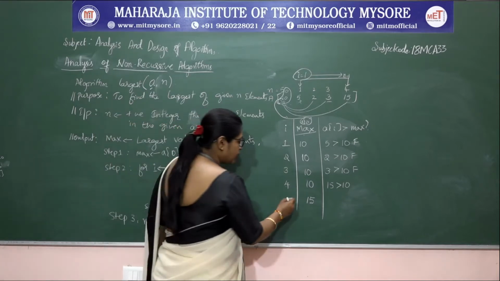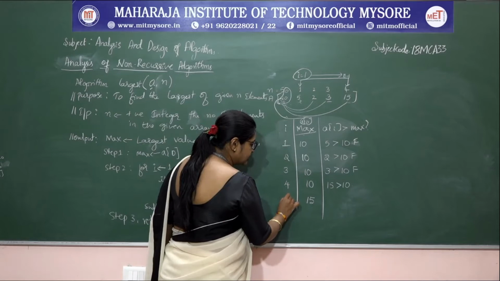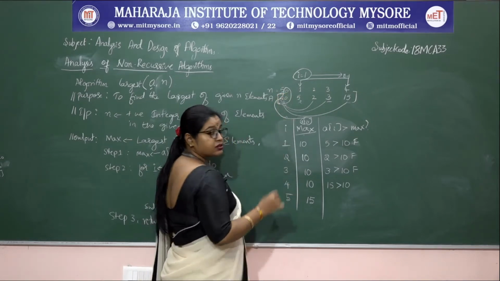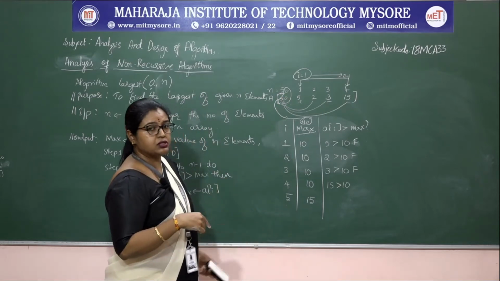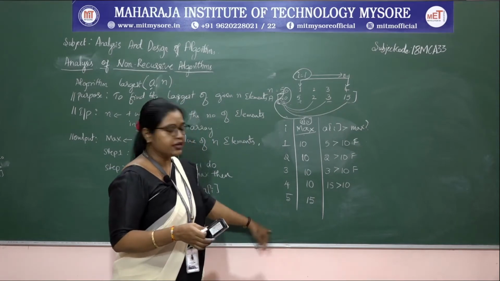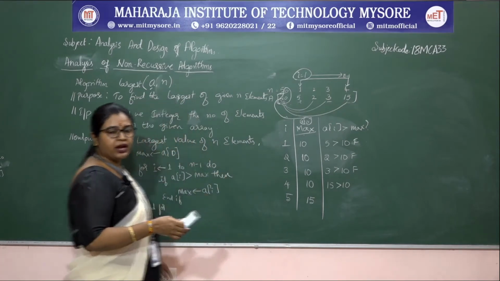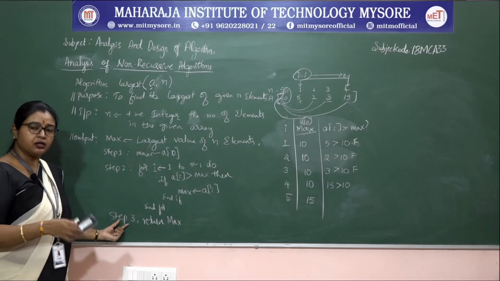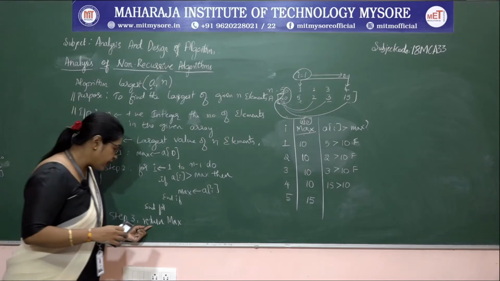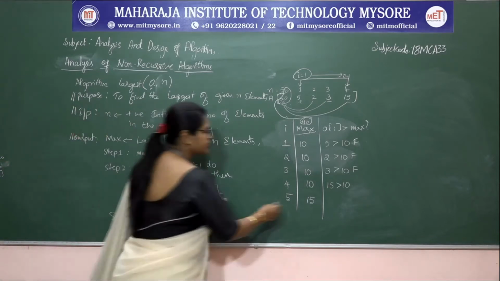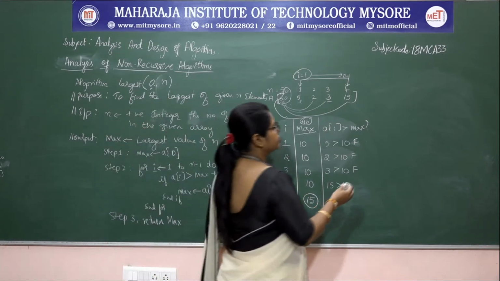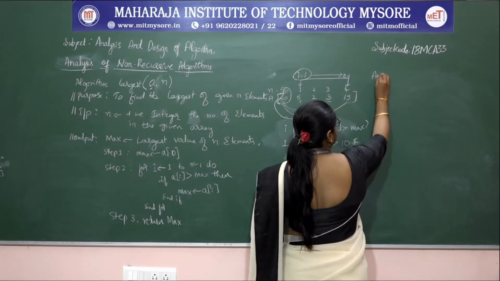Next, I will get incremented, that is I is 5, but 5 less than 5, this is the termination condition for this algorithm. 5 less than 5 is what? False. If it is false, it will come out of the loop. And what is the next step? The termination of this algorithm will take place using the return statement, return max. What is the value present in max? That is 15.